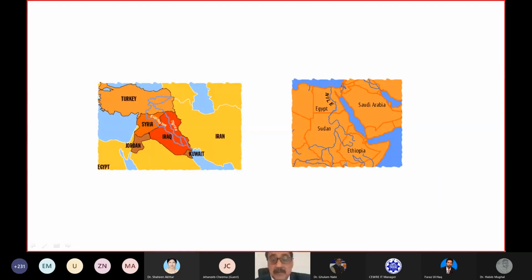And in those areas, it could be the Nile River, it could be the Euphrates, but all these rivers and all these people have one thing in common, that most of these people have been working together for many, many years. Yes, Ethiopia was not that much part of many agreements of the Nile River, but the Sudan